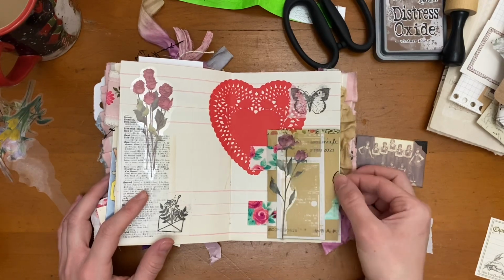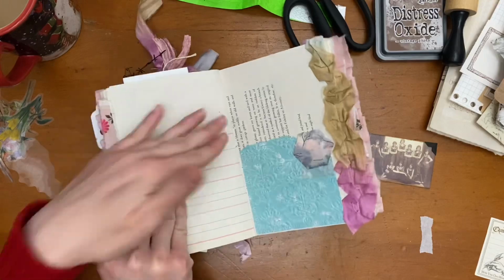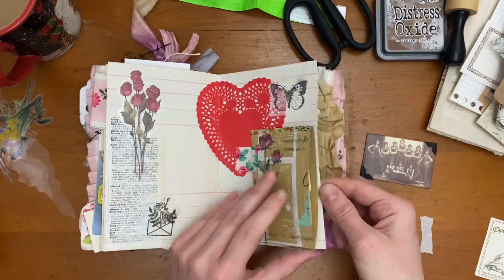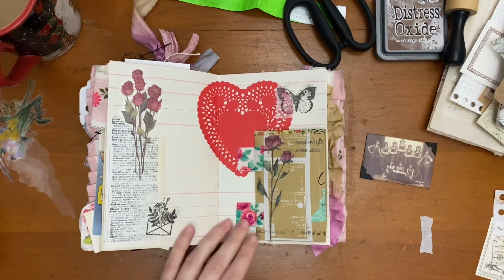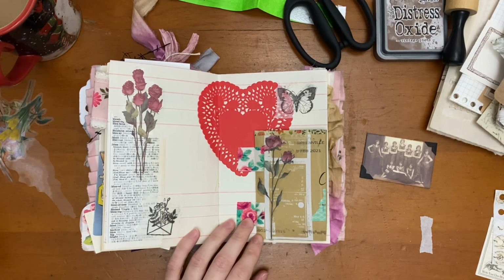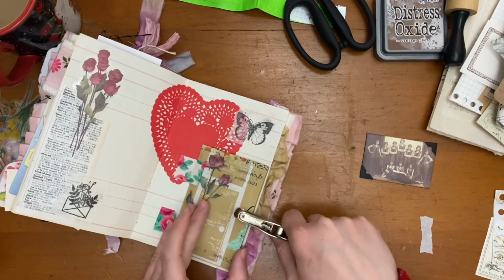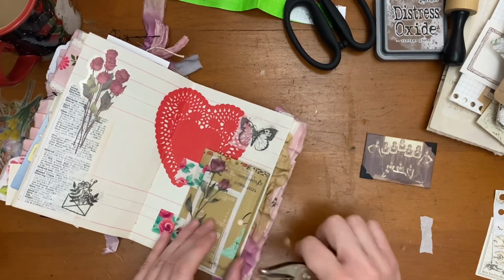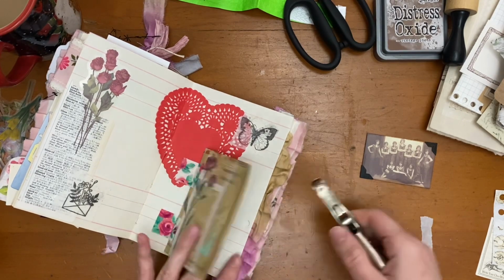So I've decided that this tip-in is just very heavy and kind of flops open and doesn't really stay put. And so I want to add a closure to it. So I'm going to punch a hole in the envelope and also in the page behind it, and just use a bit of vintage lace, like hem facing, I think,